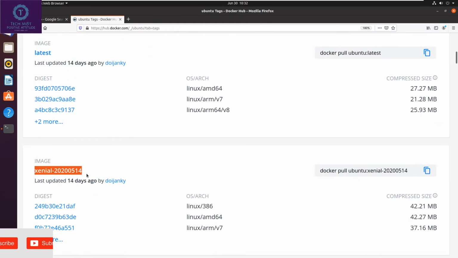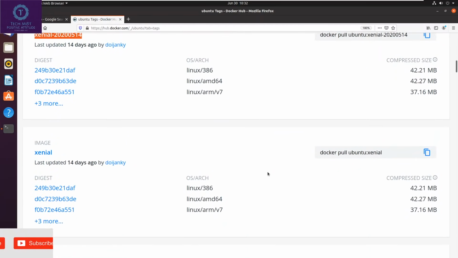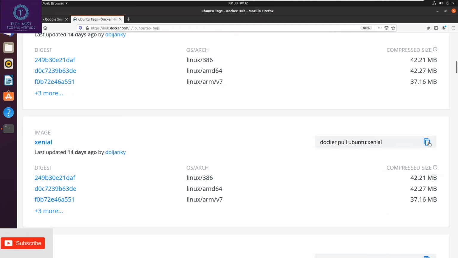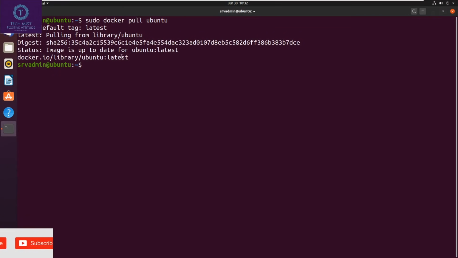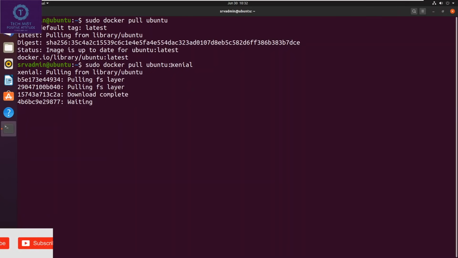So I want Xenial. I will copy this. Type sudo and paste the command. Hit enter. Now it will download the Ubuntu image that has the tag Xenial.